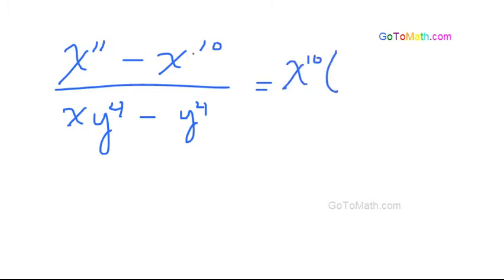Pull out 10 x's. It's a trick. Pull out 10 x's. What do we get? We get an x minus 1. Oh, I see it now. Wow, that's tripping me out. And so y to the 4th,